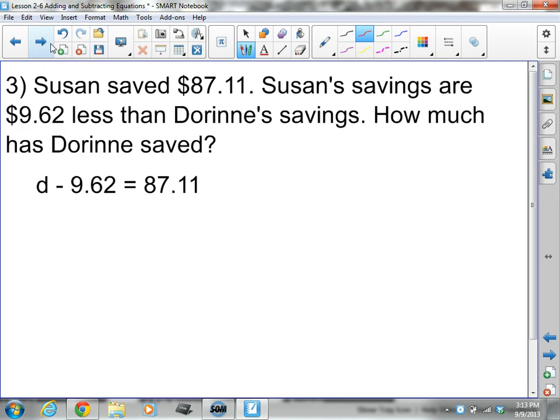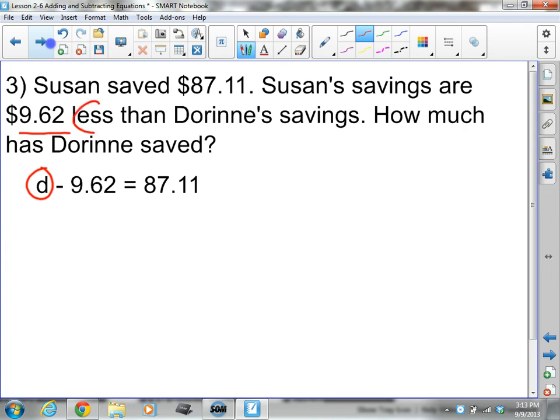And of course we have one more story problem. Susan saved $87.11. Susan's savings are $9.62 less than Doreen's savings. How much has Doreen saved? So let's use D for Doreen's savings. We know that Susan saved